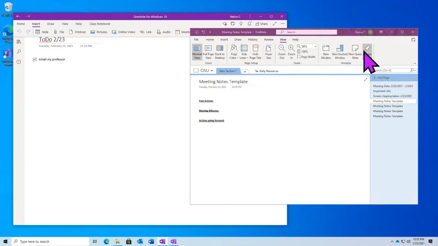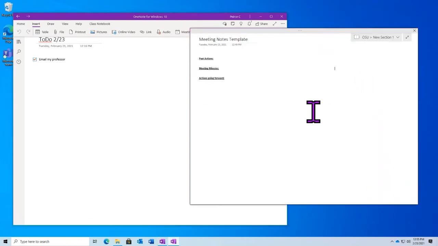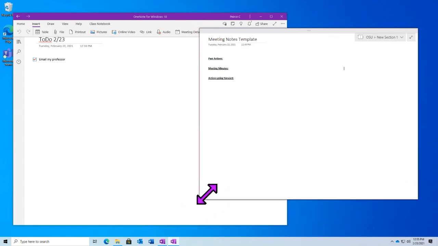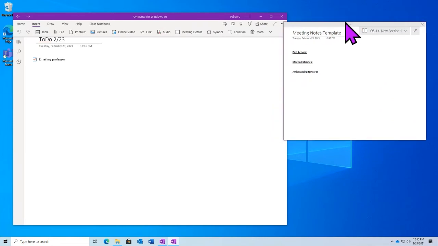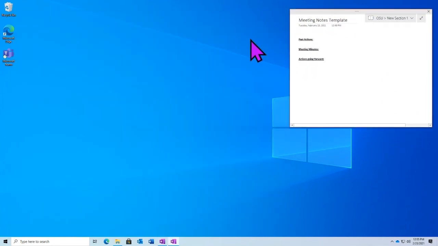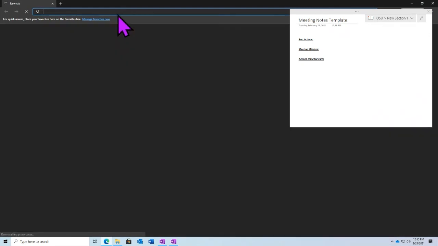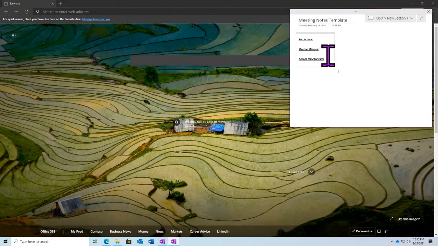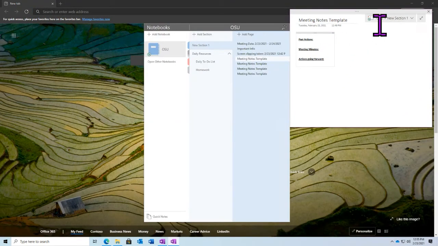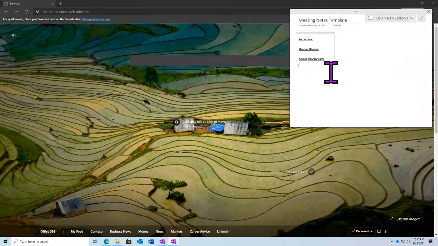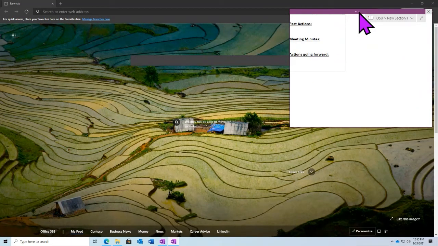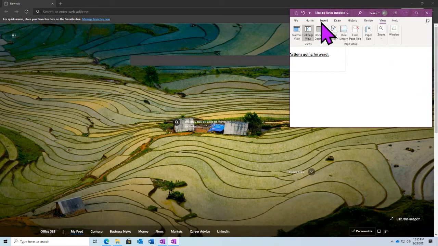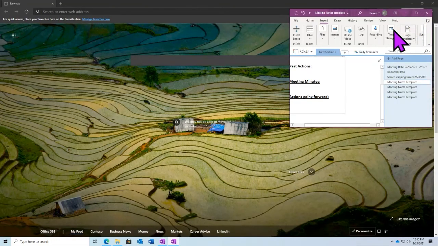We can use this always on top feature in combination with our full screen to have essentially an always editable notebook wherever we want. Even as we open up new applications, say we're going to Canvas to enter in some new documents or take a look at our homework, we can always have this notebook available here and select our drop-down menu to go to different notebooks, different sections, or different pages, and we'll always be able to interact with our notebook, continuing to add notes, or even selecting our drop-down menu here to change things like our font or insert things like screenshots.